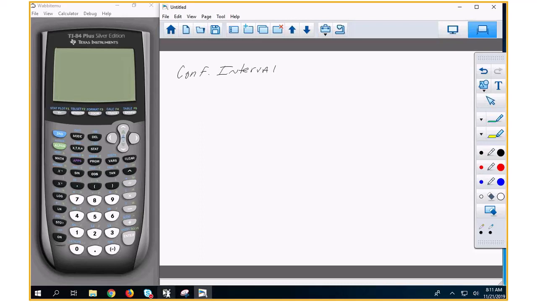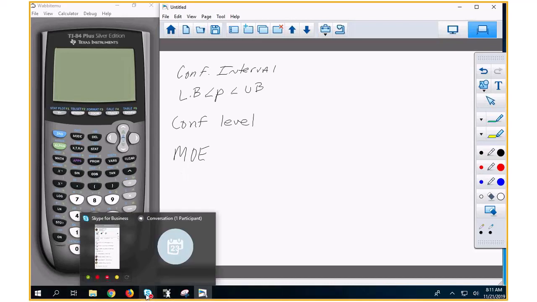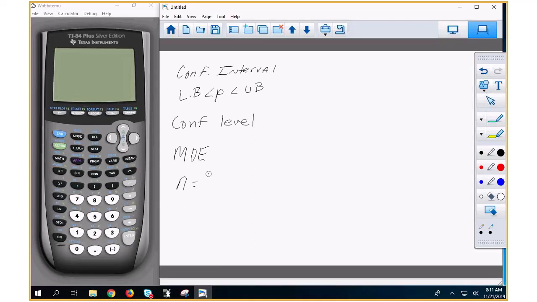And I can't remember what section that is. That's where you put P in between the lower bound and the what? Upper bound, based on a confidence what? Confidence level. And also margin of error. Make sure you can find the margin of error. I gave you all that stuff. And how big should N be for a 95% confidence level, 92% confidence level.